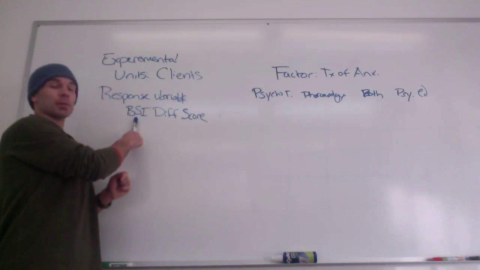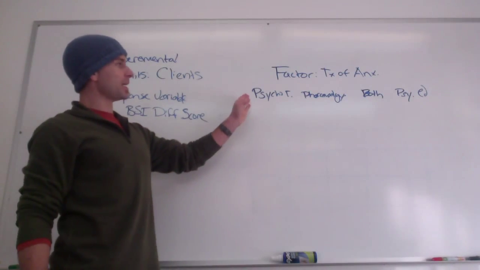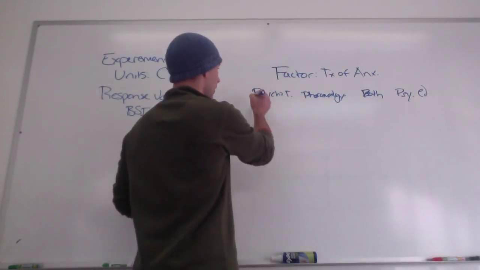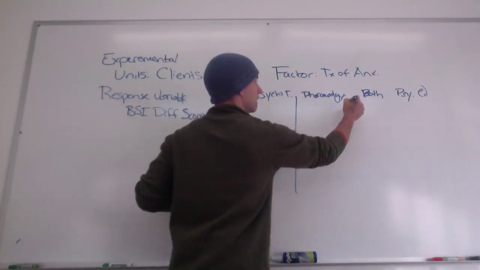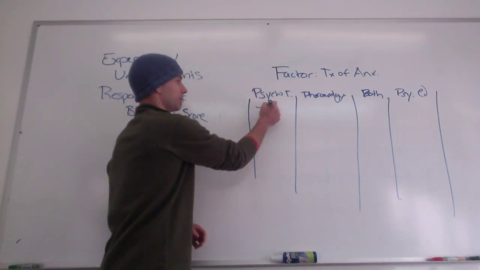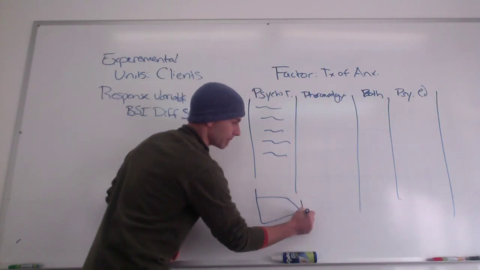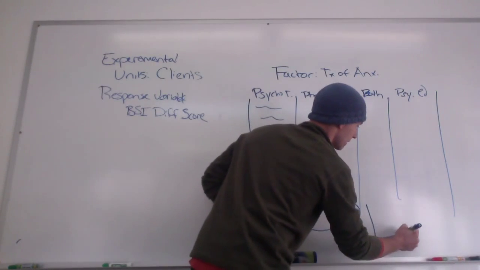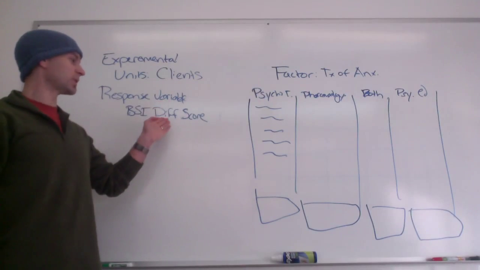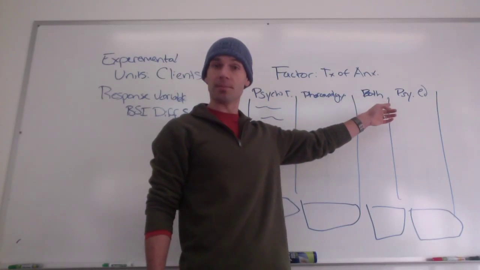So I'm measuring clients, but specifically right now I'm measuring the clients that have the anxiety diagnosis. What I'm looking at again is their BSI diff score, but I'm looking at it based off of what type of treatment they receive. So I'll have all these different scores here, and when I run the ANOVA, it'll give me a mean score for each, or what's the mean diff score, how much are they changing based off of what type of treatment they're receiving